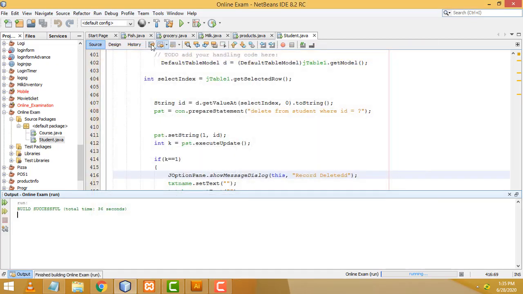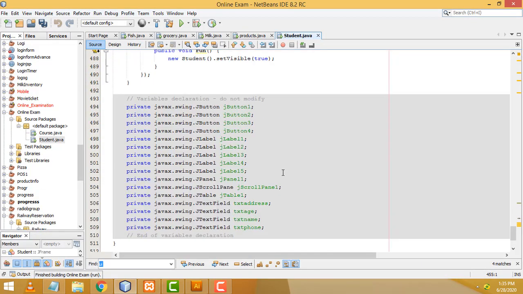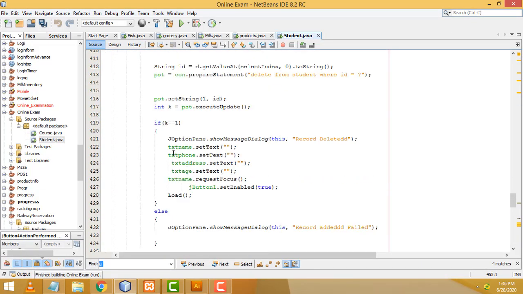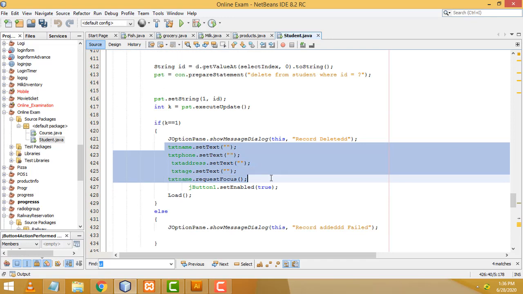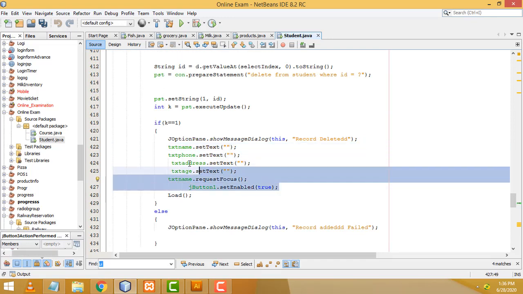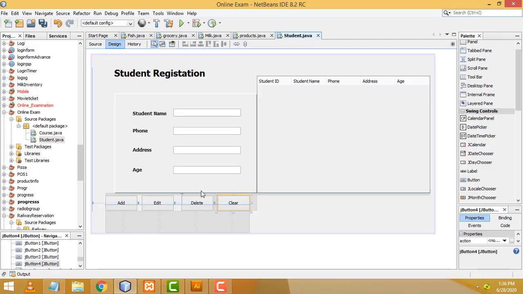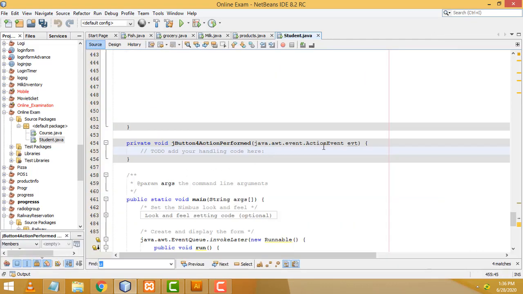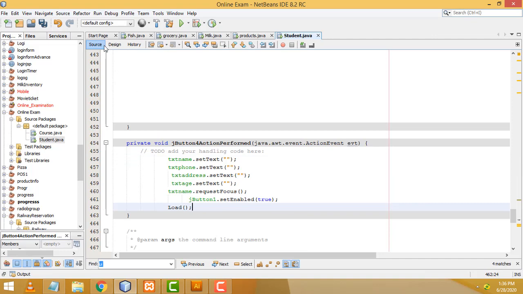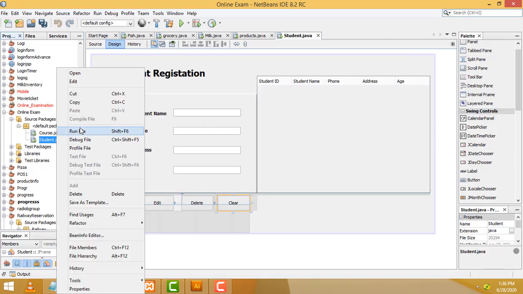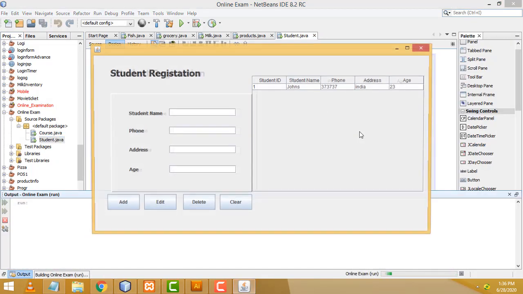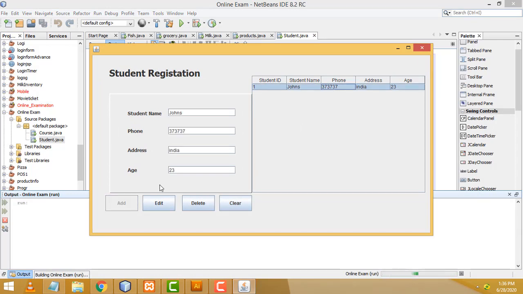For the clear button, we simply have to write this simple code, only the clear code we paste. Control C to copy, this full clear code you have to paste it. Control C to copy, Control V to paste it. This one should be the clear, right? Why we are putting the clear code here is that when you accidentally select a row, you can't do anything else. You just click clear, it is cleared, right?